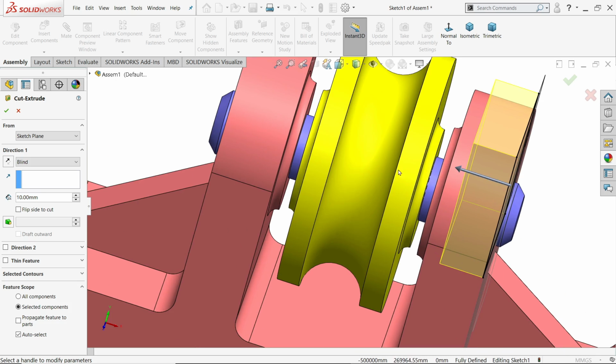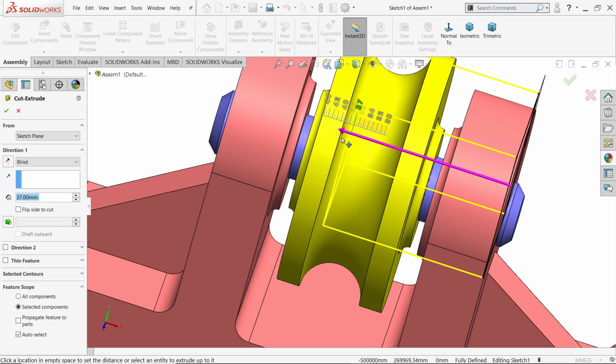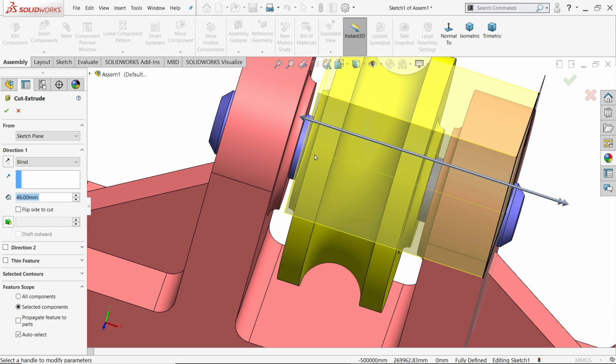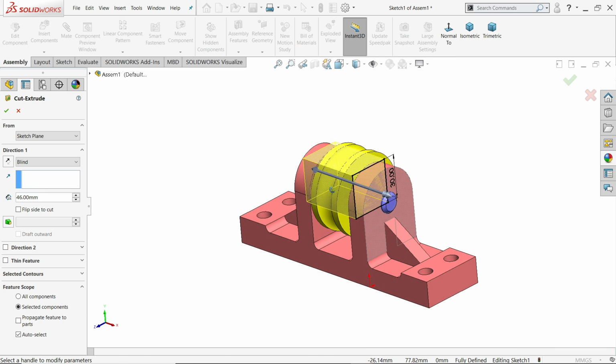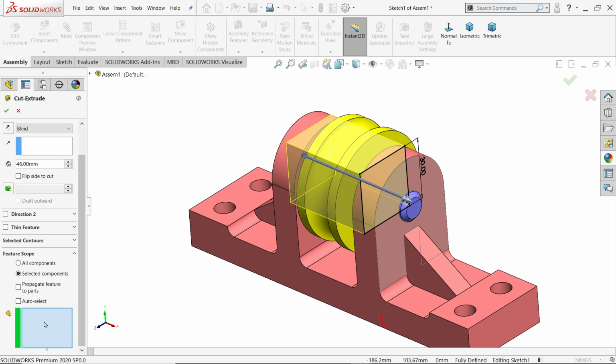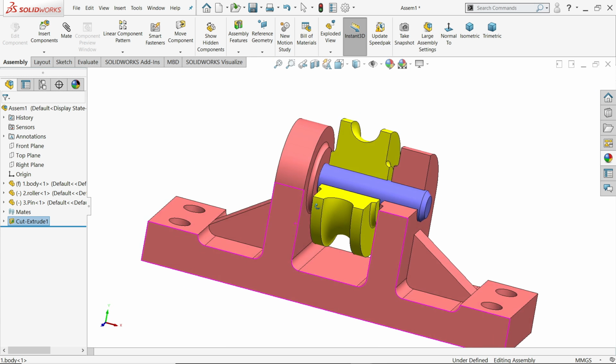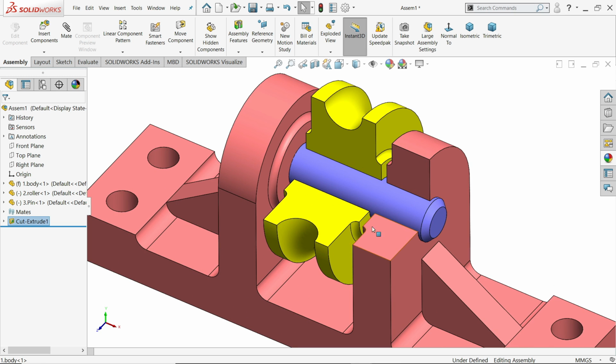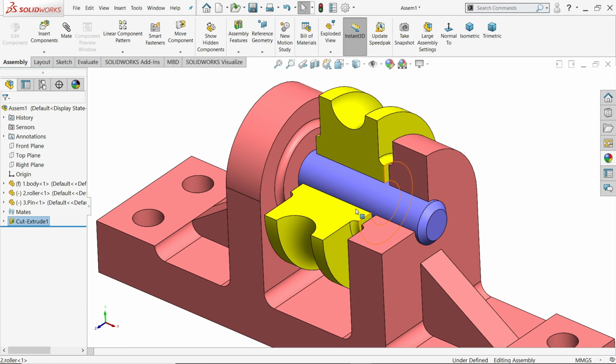Up to how long we are going to cut, just drag your geometry, keep something here, but we want to cut only these two bodies, not pin. So here you have one option, auto select, uncheck auto select, selected component. So I'll select this one and this one, not pin. Say OK. Look, the pin is not cut, only these two things are cut.